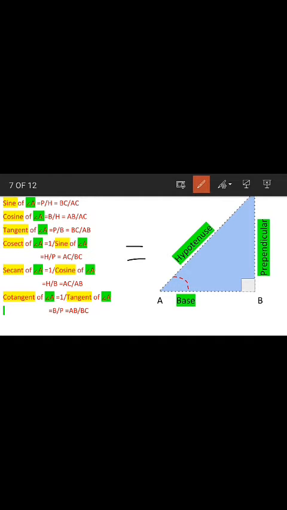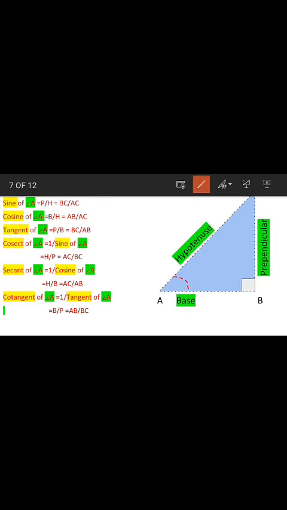Therefore the cosecant is going to be the reciprocal of perpendicular upon hypotenuse, and it is going to be hypotenuse upon perpendicular. Okay class, so in this way, hypotenuse. So class, what is hypotenuse here? That is AC. Very well, the hypotenuse is AC and perpendicular is going to be BC. Therefore your answer will be AC upon BC.